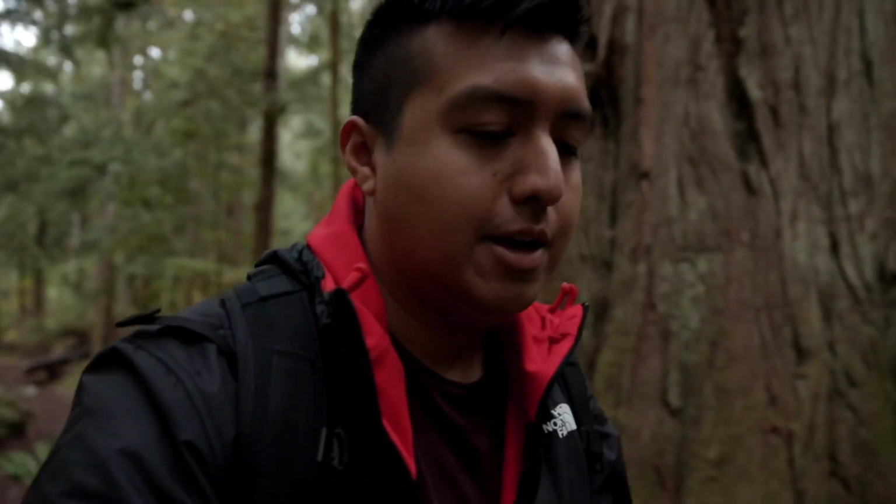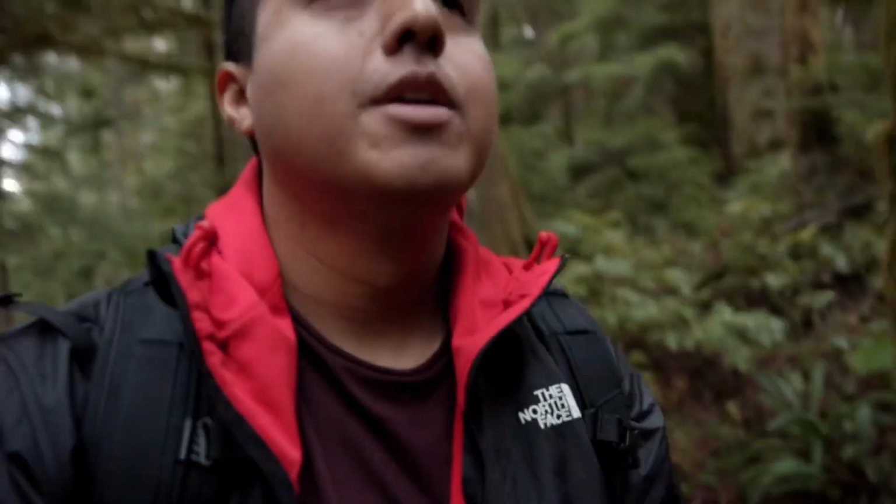Welcome back, guys. Here again, another trail in Washington State, trying to find some fall colors. I think we're a little too early. It's still September 22nd, to be exact. As you can see here, not really much fall colors. It's starting to change over there, but